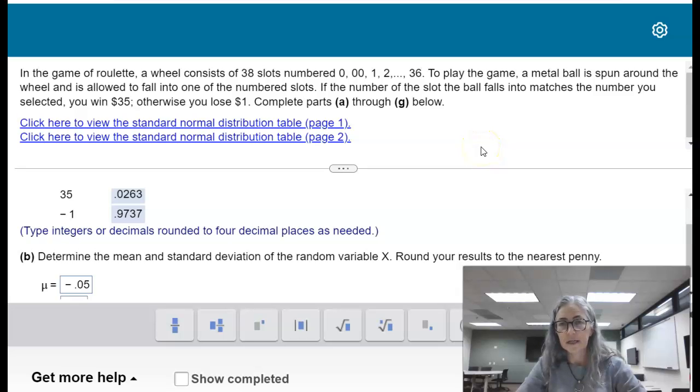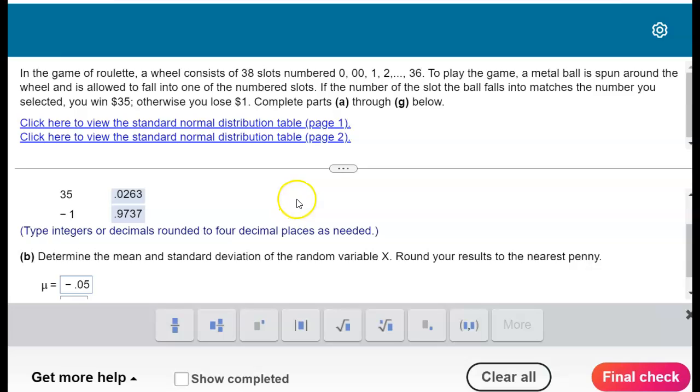This question is from Chapter 8, Section 1 on the distribution of the sample mean. Okay, so the first part of this problem, we're talking about a game of roulette that has 38 slots, and